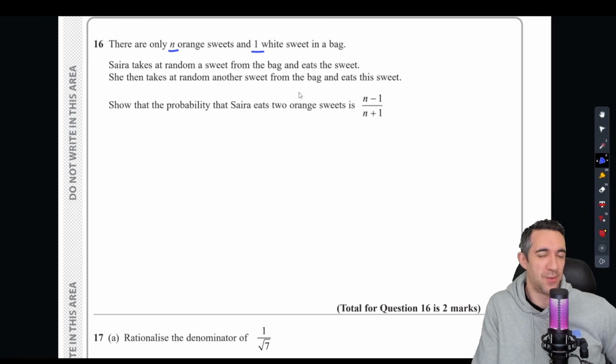Does she put it back or not? Well, she can't. She's eaten it. So pretty clear on this one. So I would go orange first. So probability orange